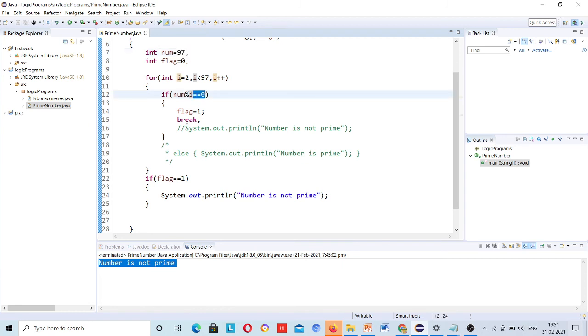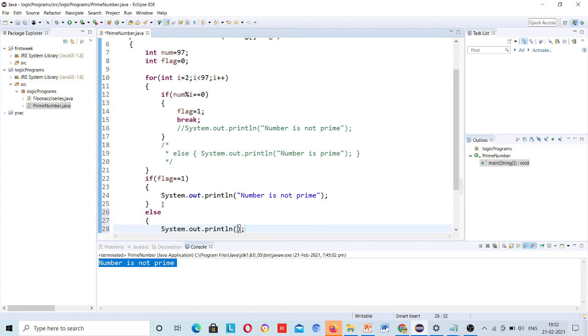So it will keep running until 96, and there is no way to update the flag, because the flag is only updated if it goes inside this if part. Okay, so here you need to check else.